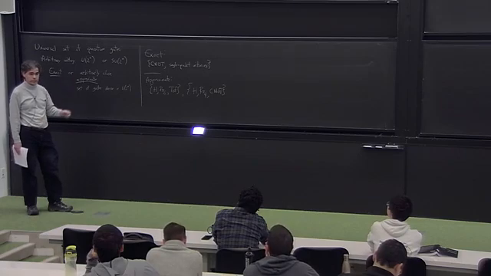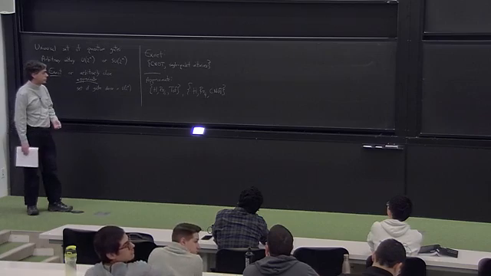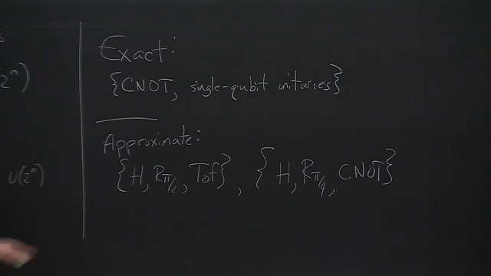So there are questions on this. Yeah? So the Toffoli gate here is a 3-qubit gate, right? Yeah, 3-qubit gate. This is the quantum Toffoli gate. For the exact set, you have CNOT and any single-qubit gate? Yeah, arbitrary single qubit unitaries. Arbitrary, so you can choose just one? Or? No. So